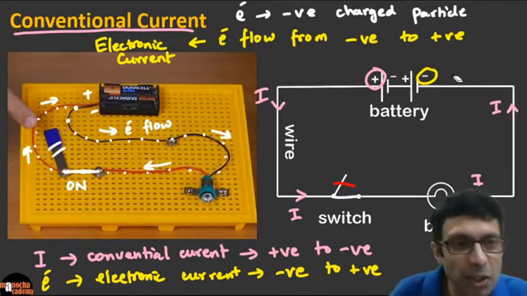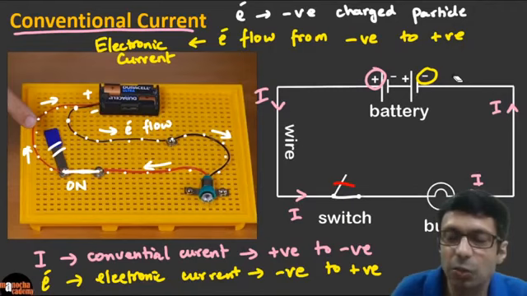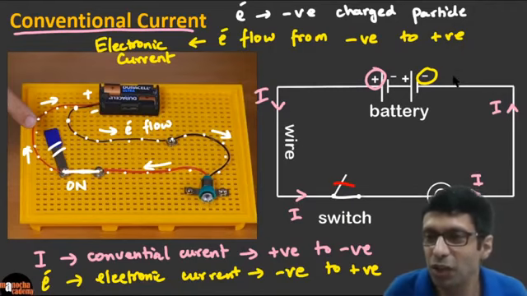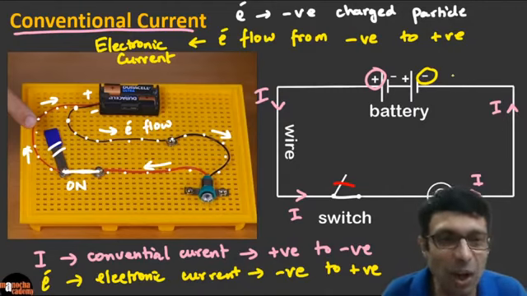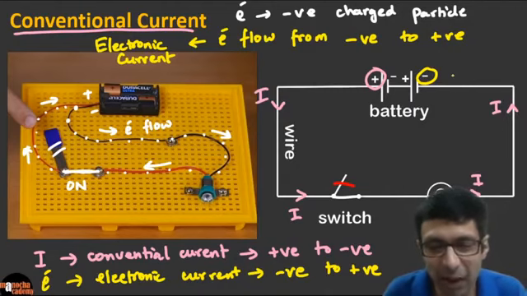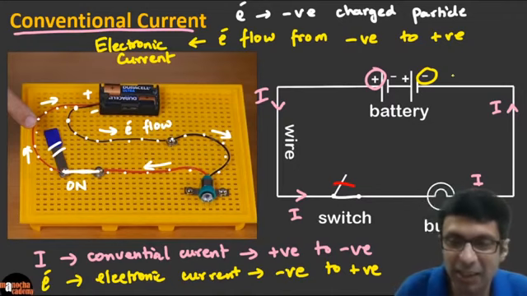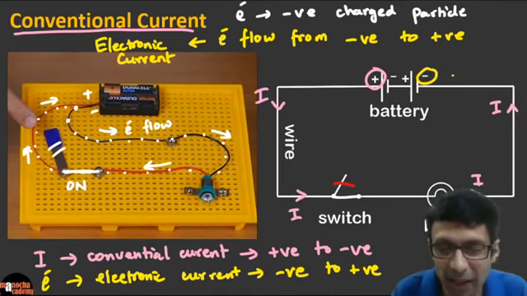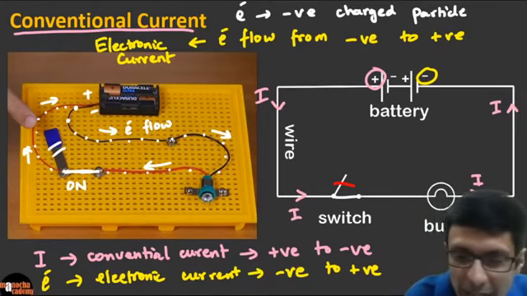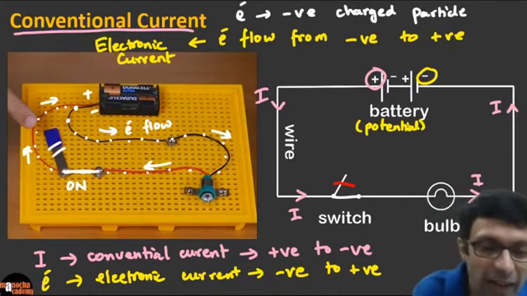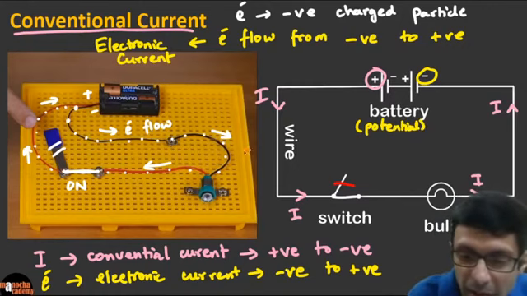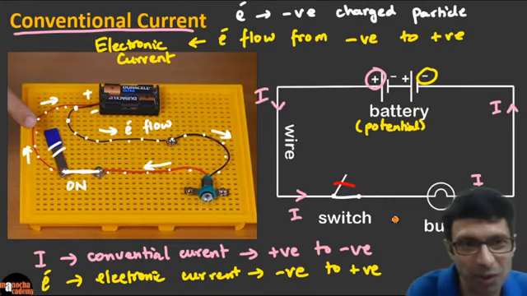Okay, so please remember this very important concept. Conventional current is what is often marked, and it's from positive potential or high potential to low potential, and the electronic current is opposite. Clear, guys? Very, very important thing, right? And it is the battery, the cells, which is providing, so let's revise that. What are the cells providing? The battery is providing the potential difference. So this is the electric potential, which is causing the electrons to flow, or we think of it as the conventional current flowing from positive to negative, and that is why the bulb glows. Clear, guys?